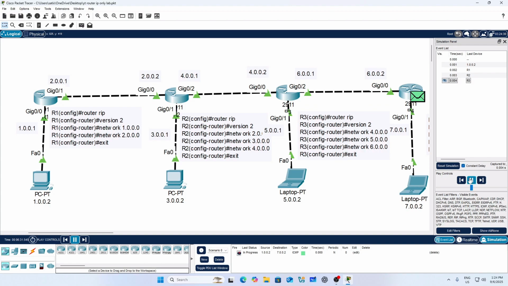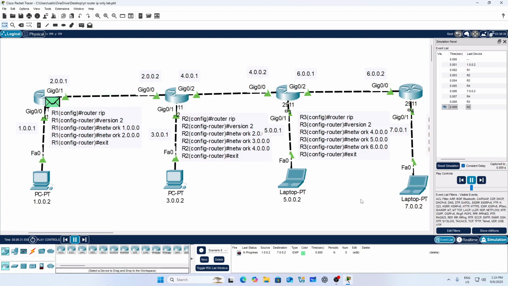So RIP routing is very easy to configure, but there is a limitation of RIP routing: it will work only up to 15 routers. It means if in this sequence there are a total of 60 routers, the packet from the first router will not reach the 16th router. That's why in place of RIP routing, big companies which have a requirement of more than 15 routers, like 20 routers, 50 routers, use EIGRP and OSPF.